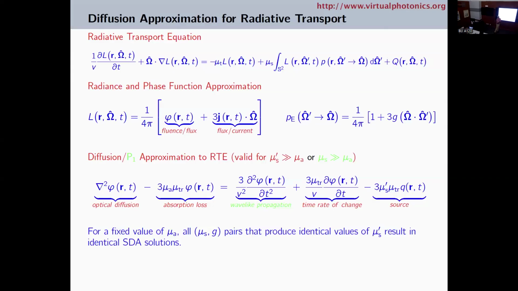You lose the angular information. You only allow the angular information to be expressed in terms of a cosine. You don't get any additional details, and g represents the mean cosine. So you don't get any additional information of scattering beyond this grouping of mu s with 1 minus g. So you do capture the mean cosine elements. Obviously this term represents the angular variation, but only